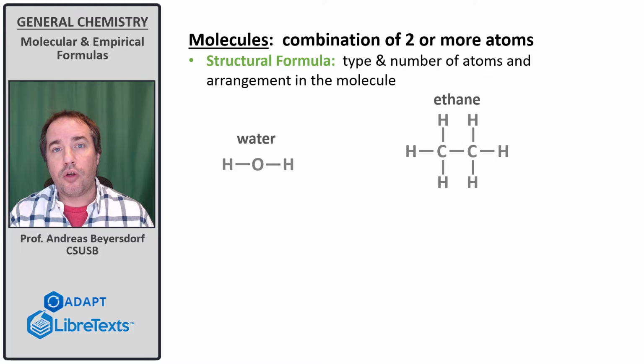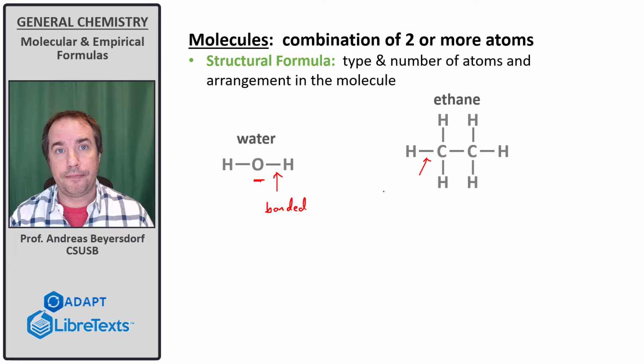First is what we call structural formulas. Structural formulas tell us the type and number of atoms, plus the arrangement of the atoms in the molecule. So for instance, water has an oxygen and it's bonded to two hydrogens, and these bonds occur because they're sharing electrons. Ethane has two carbons in the very center, they're bonded to each other, and then a bunch of hydrogens